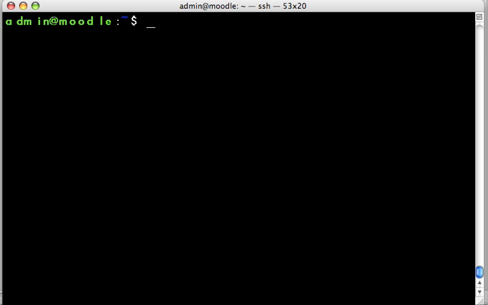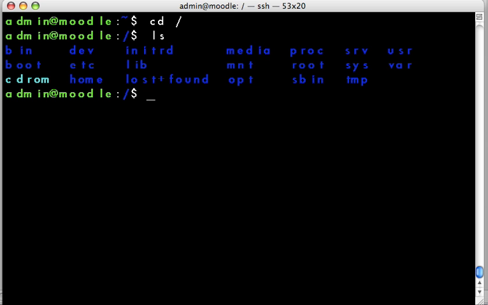So we're at our server. We're currently SSH'd, or set up a secure connection, to our server, and we're going to install the Webmin system. So what I want to do first is move to the top layer of the hard drive, and I do that by typing cd, which means change directory, and then I'm just going to put a slash, and that will now move us out of our user directory and move us to the top of the server. And if I type ls, that will show us that in fact we are at the very top level